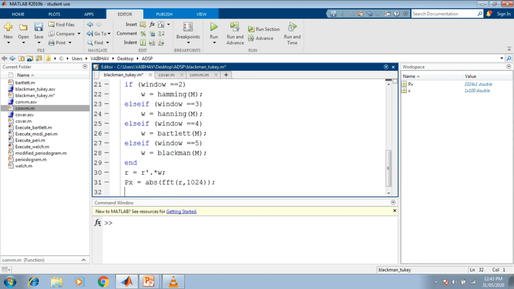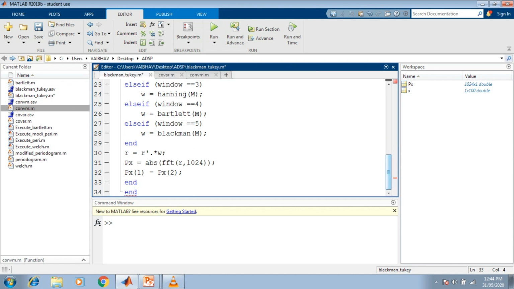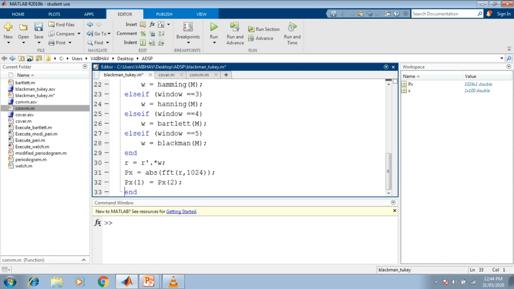Lastly, Px of 1 is equal to Px of 2 here, and now we end this function. We have already ended this function, so no need to use the end twice. The changes we have saved here.